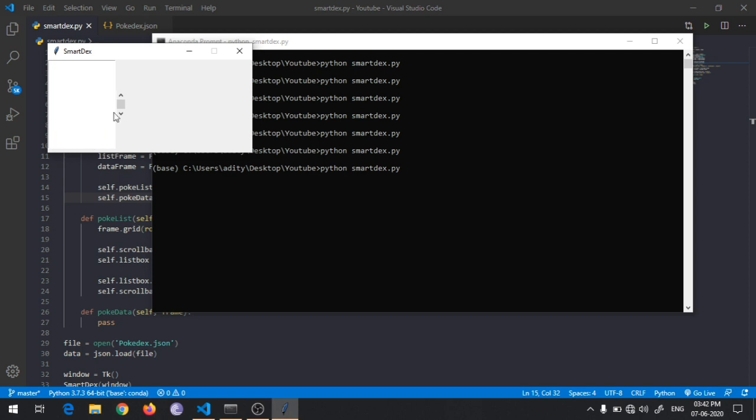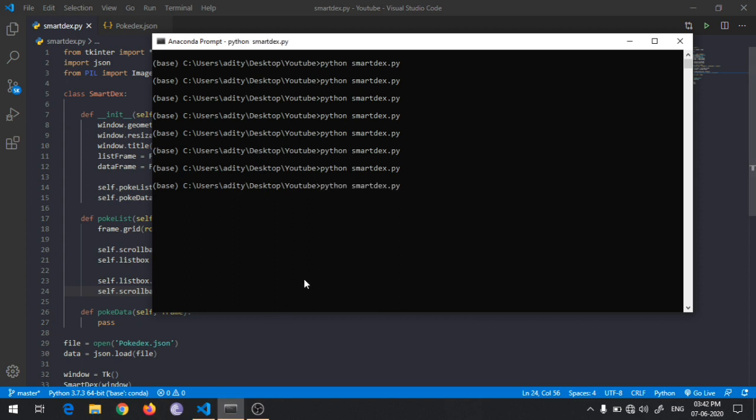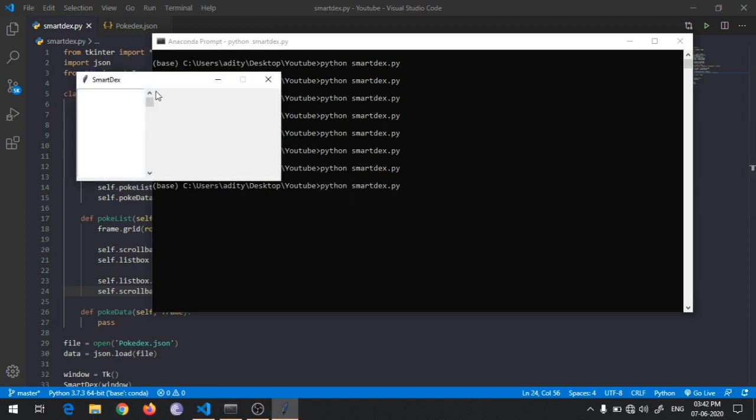Okay, as you can see, this is the list box, but there aren't any elements, and this is our scroll bar, but the scroll bar doesn't stick to the borders. So we'll do that. For that we will be using another parameter to grid, that is sticky. It will be north plus south. So this will take the top part to the top border, and the bottom part to the bottom border.